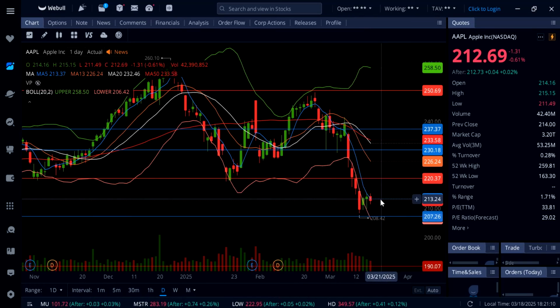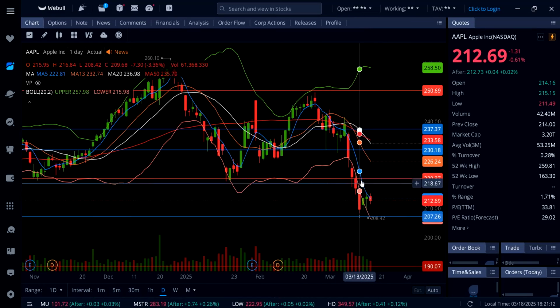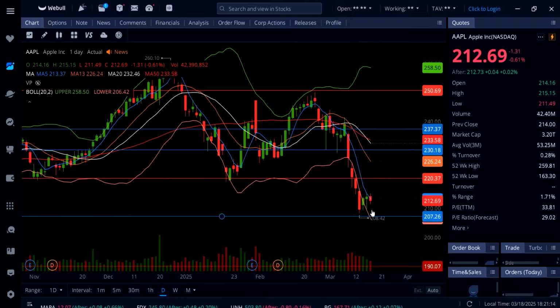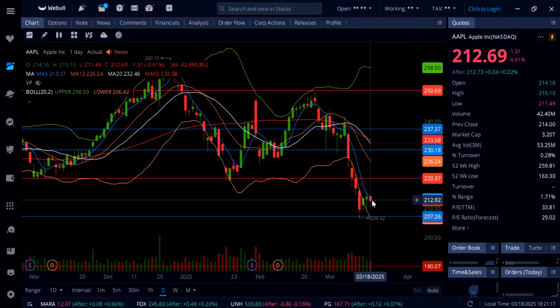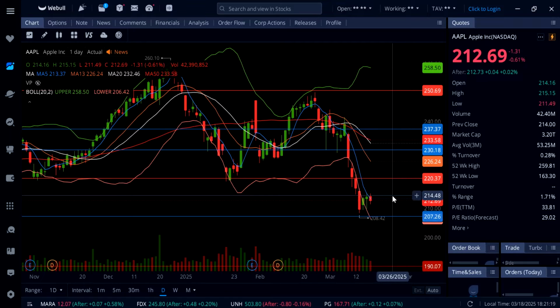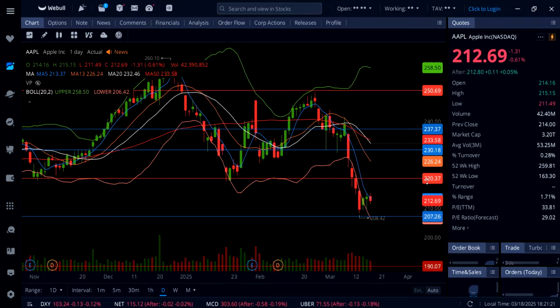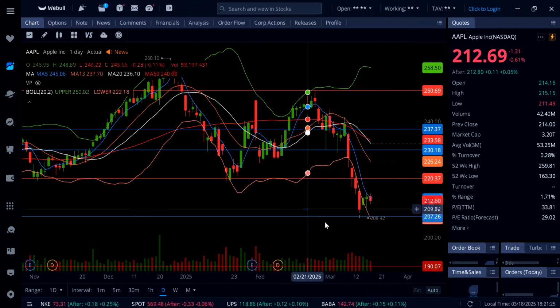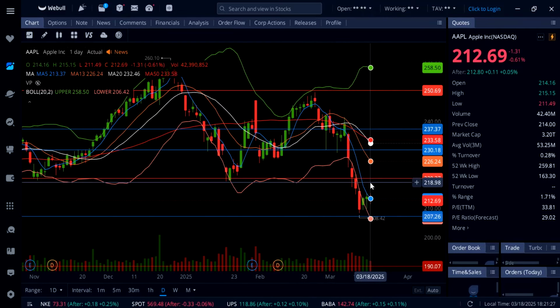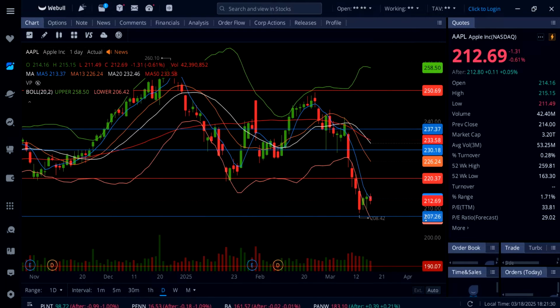Now, if Apple can break and hold right here at 213, over this blue line 5-day moving average, in that case we have a huge weekly expected move where this thing can move all the way up to 220, and over that we will talk about more upside. But at this point Apple is nowhere near 220. So watch this key level right here, 207,